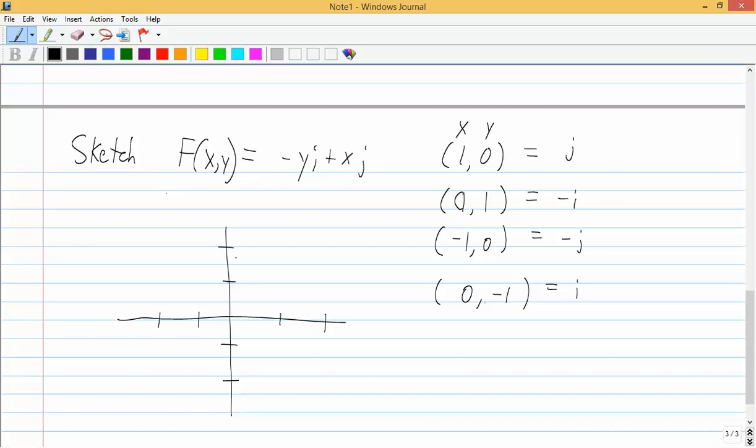But I mean, we're not going to be exact or anything. Just really want the direction. So let's look at 1, 0. How would I draw an arrow in the j direction? That's what? Up. And then what about